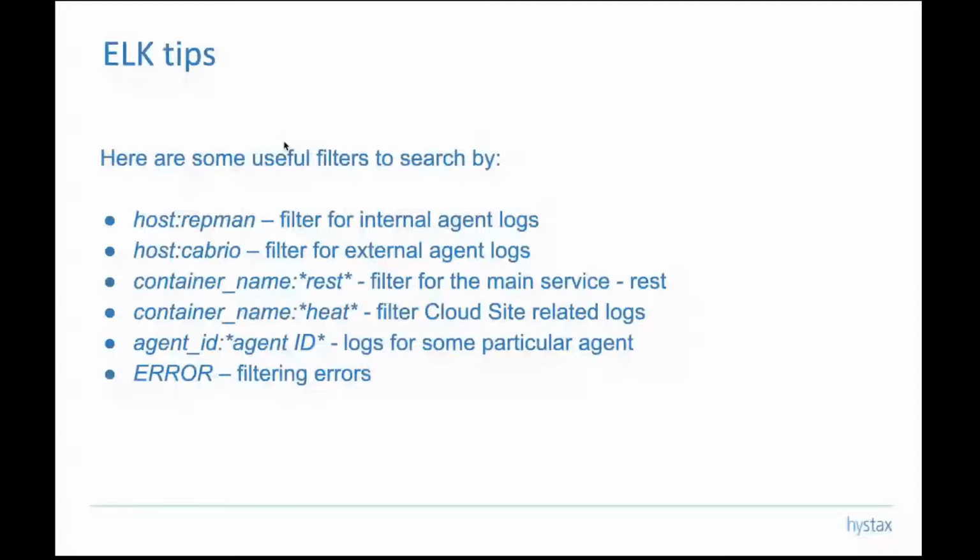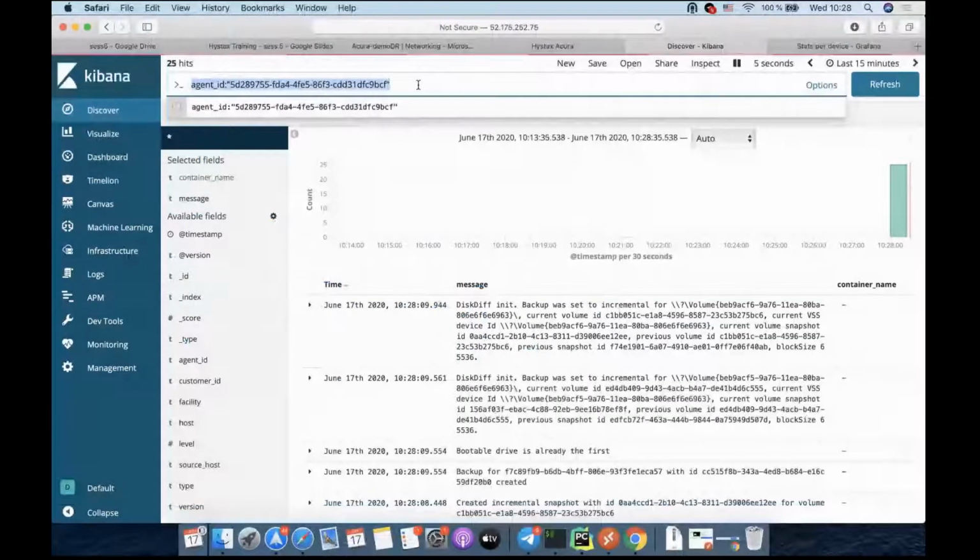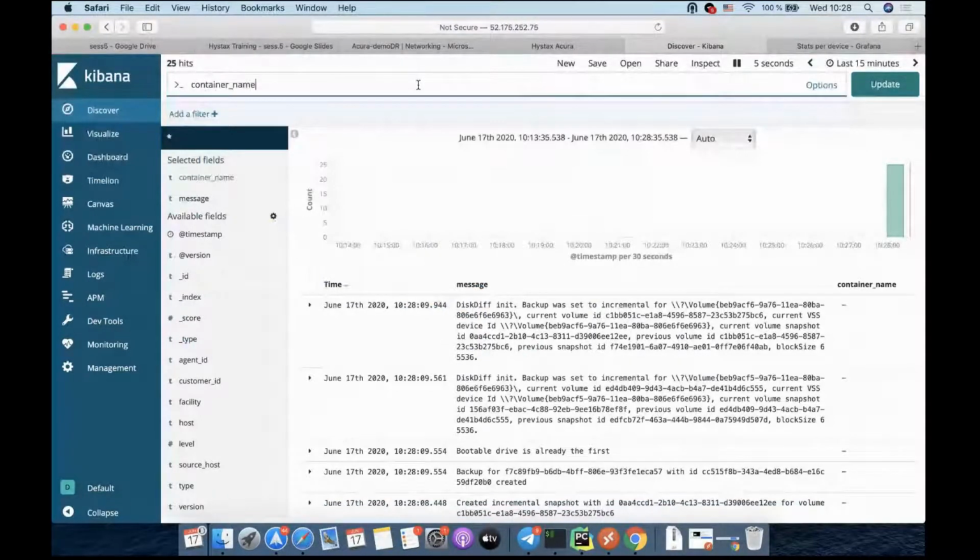Several more filters can be used to search by. If you want, for example, to get the logs from all replication managers that you have, you can just use the host Rapman filter. If you want to get the logs from all the external agents that you have, you may use only this filter. If you want to get the information from REST API, like what REST API is doing right now, we can filter the following way: container name, REST,